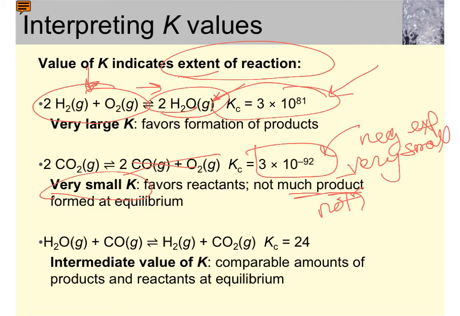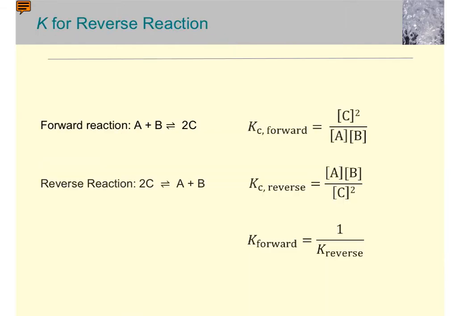Now, there are some intermediate values, and in general, K values between 1 and 10 are considered roughly equal amounts of reactant and product, okay? It's not really fair to say that it's reactant favored or product favored if you have a moderate K value. I want to spend a few slides and tell you about how K can be manipulated or compared from one